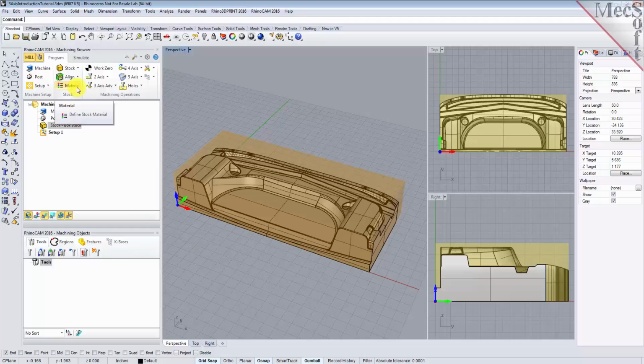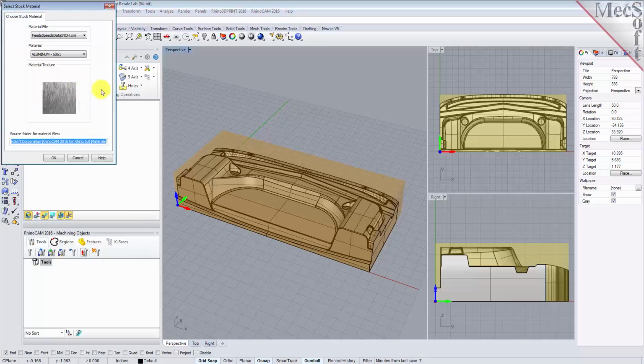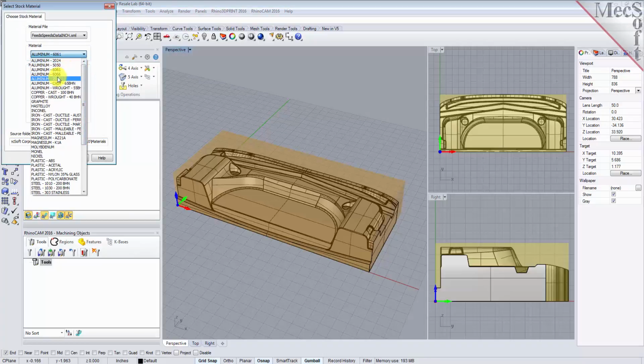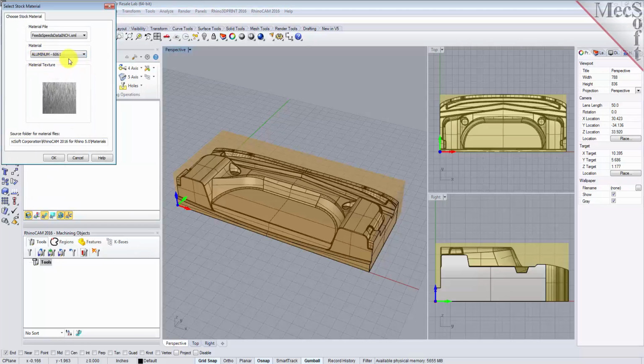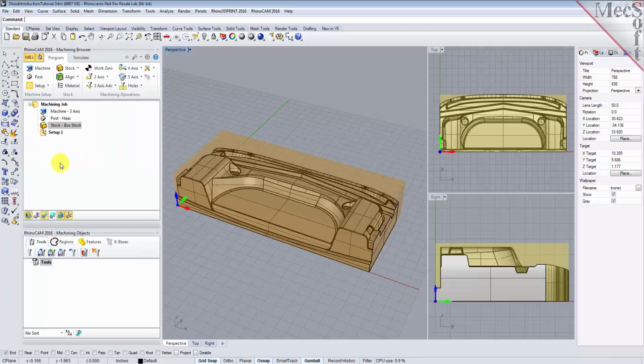From the Program tab, select Material to display the dialog. For material, select Aluminum 6061 from the list of available materials, and then pick OK. If the material texture does not display on the stock, select the Material Texture Visibility icon located at the base of the machining browser. Now that the stock is aligned to the part geometry, in this step we will establish